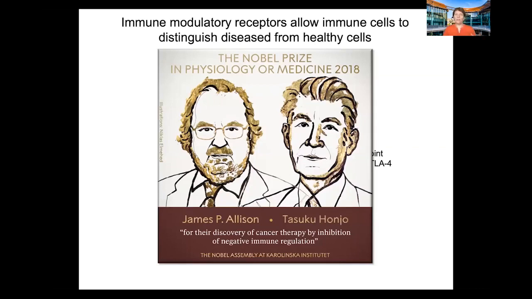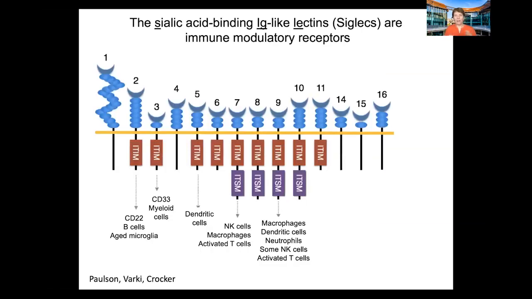So the link between having an overproduction of sialic acid and this important function of the immune system in protecting us from cancer, I think really hit the radar screen of people in the field of glycobiology, because it was known that we have a family of receptors on our immune cells. They're called the sialic acid binding immunoglobulin-like lectins. And that's a bit of a mouthful, so we just abbreviate them the Siglecs.